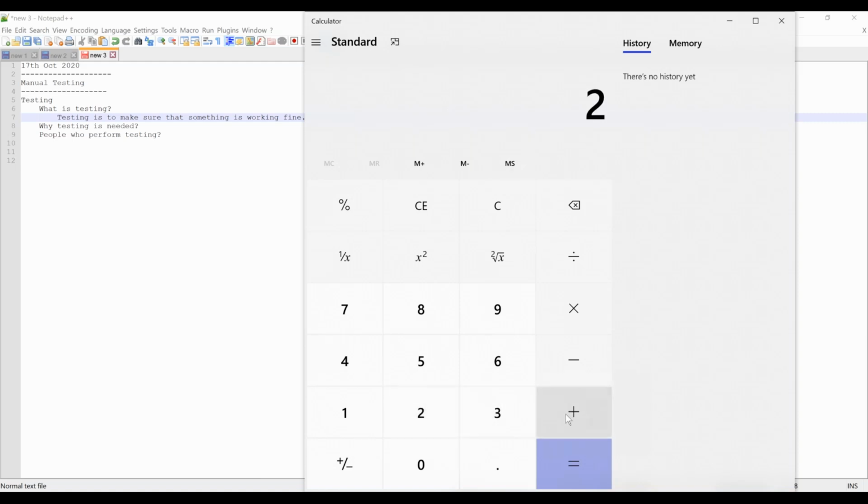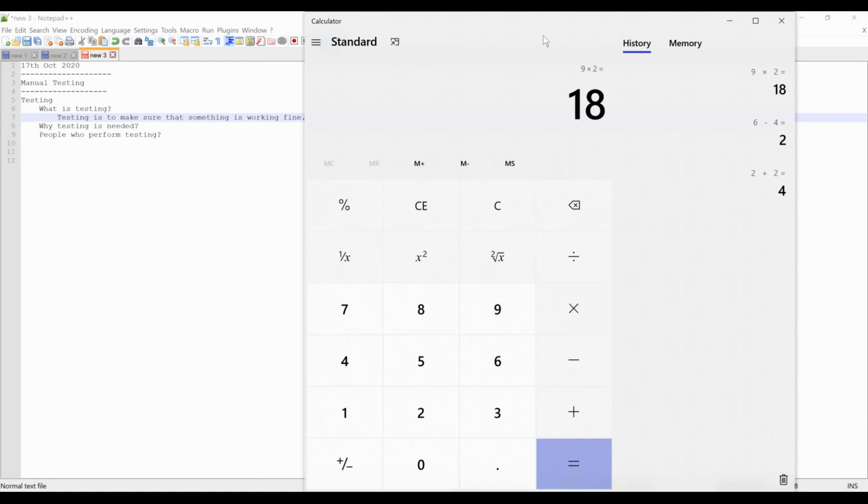I'm going to press 2 plus 2 equals, and now I'm checking whether I'm getting 4 or not. So what do you say? Is this plus button working correctly or not? What's your answer? Yes. It's working fine, right? So I'm doing 6 minus 4. Tell me if it is working or not. Yeah. It is working fine. Okay. So I'm performing 9 into 2. I'm getting 18. Is this working fine? Yeah. This is working fine, right?